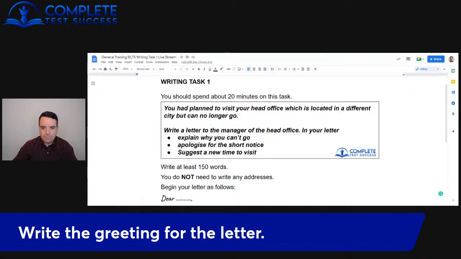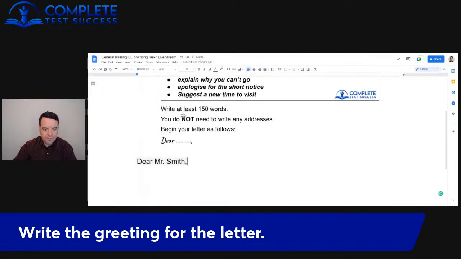So basically, the reason that it's appropriate is that this is a formal letter. So we have to use Mr. or Mrs. or Miss and then add the surname. Okay, so that's exactly what we do. Now, if this had been "Dear John," that would be wrong because you have to use the person's surname for a formal letter. Okay, so this is absolutely perfect here. Dear Mr. Smith.